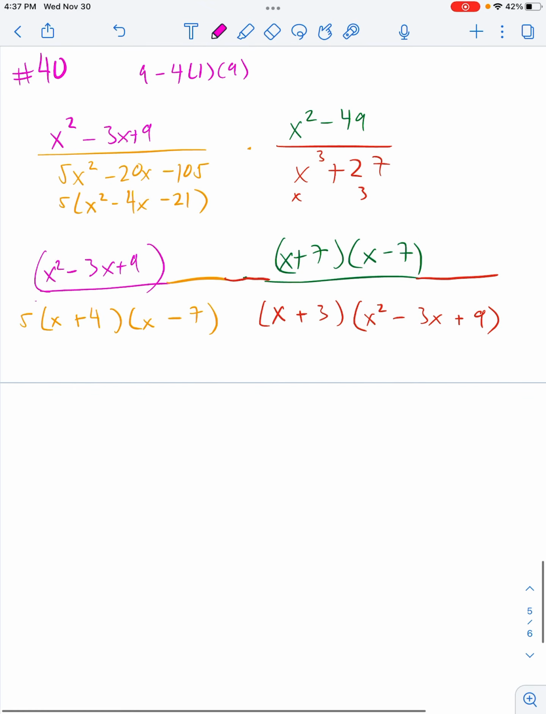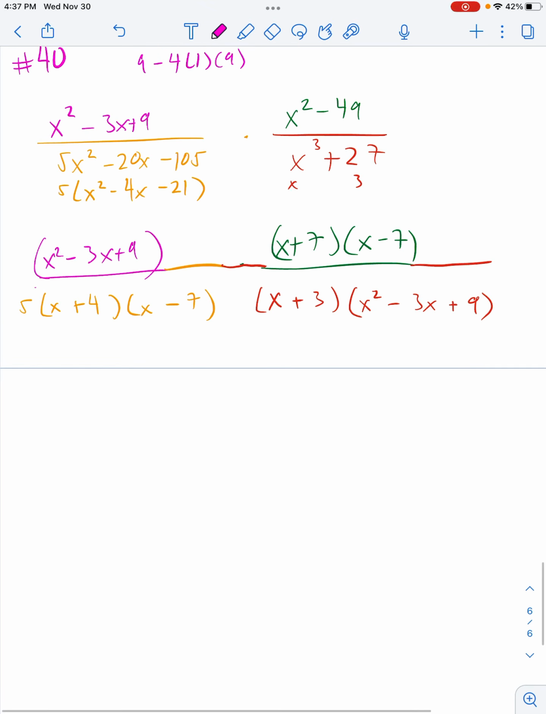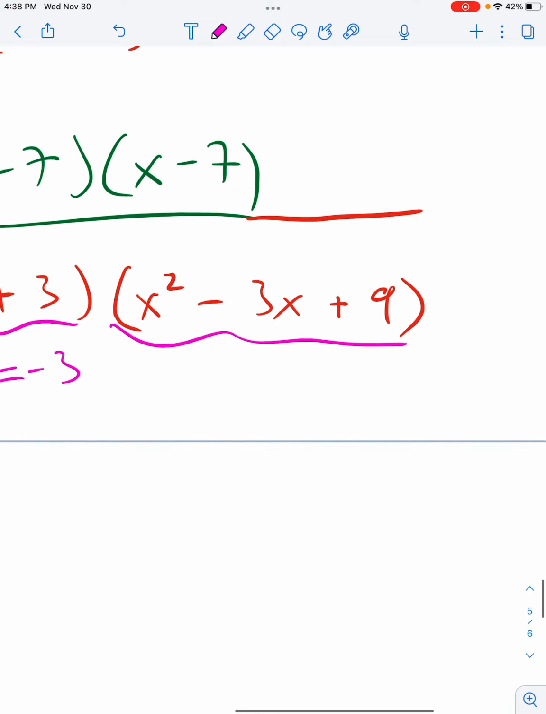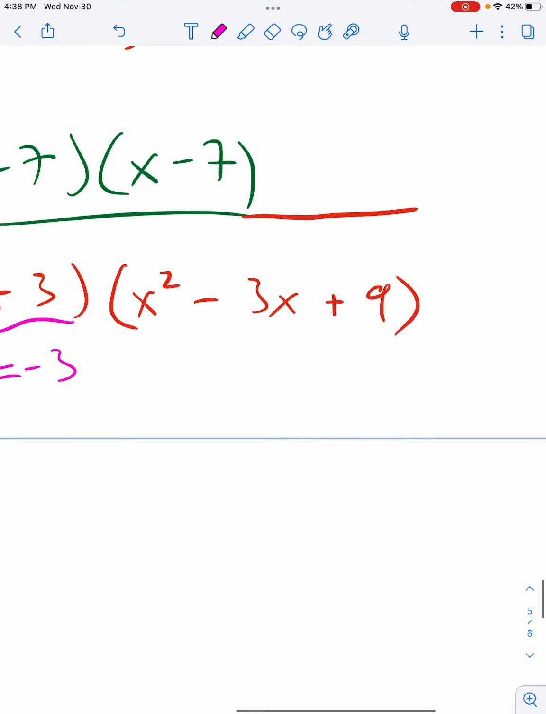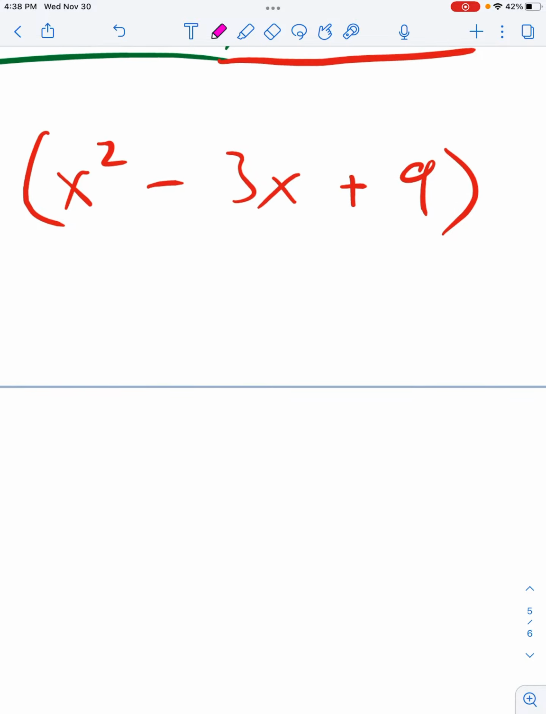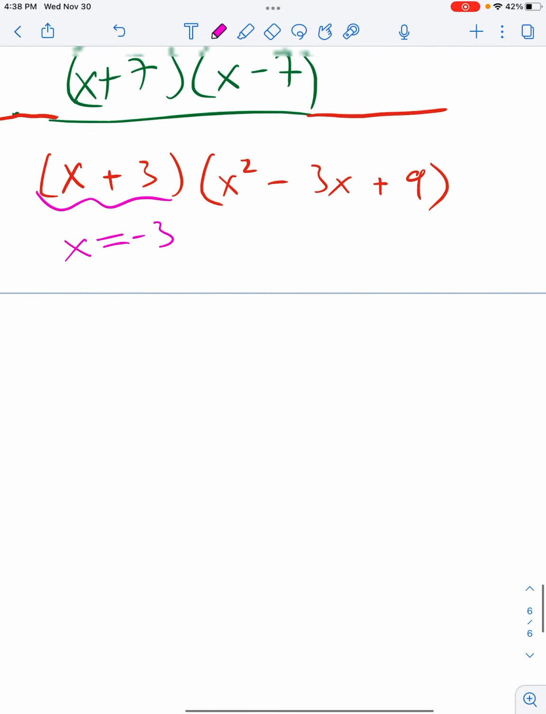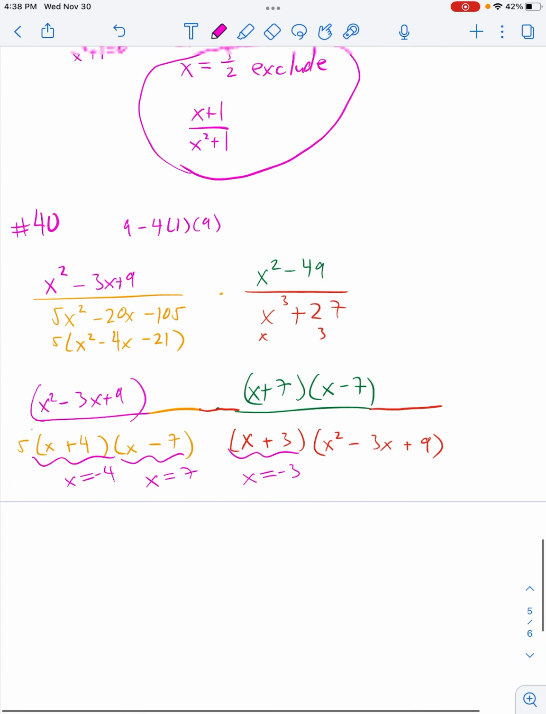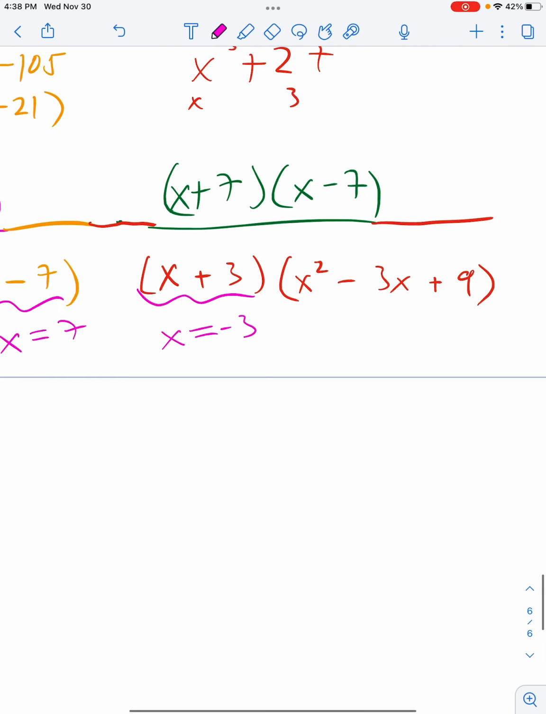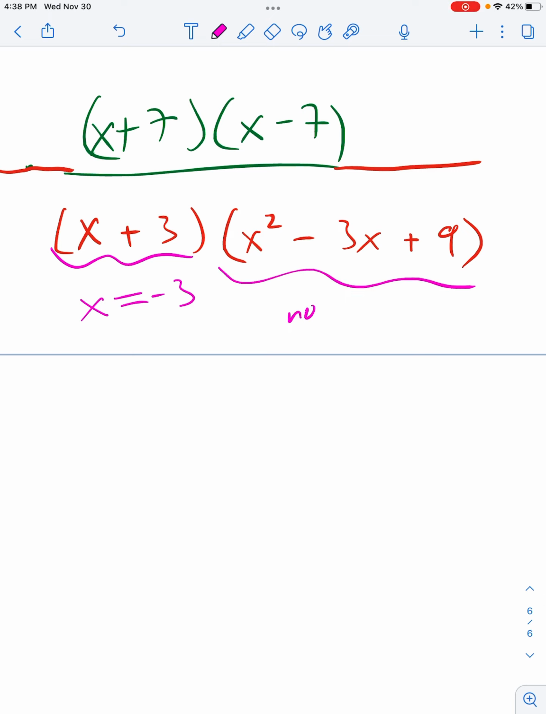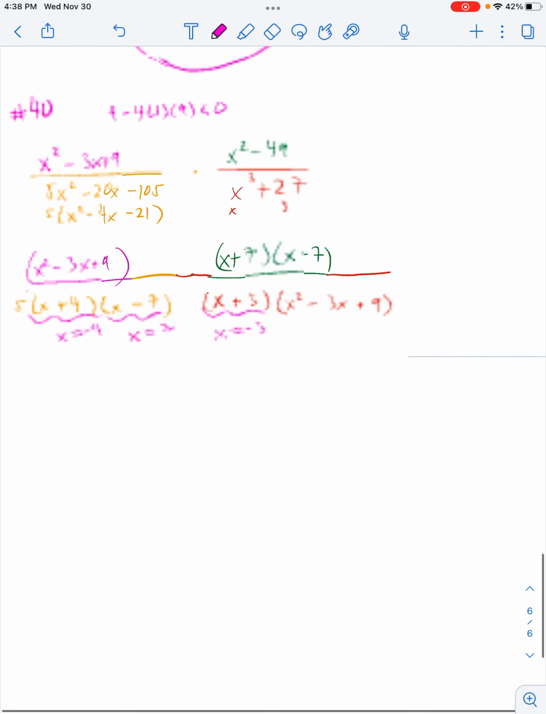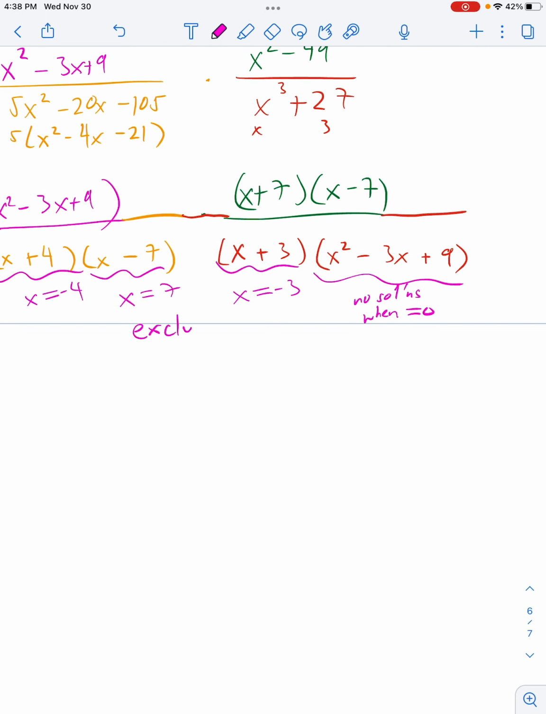Good stuff, okay? So let's see what our excluded values are. So this will give us negative 4, positive 7, negative 3, and then this, okay, so this trinomial here, this is a quadratic trinomial. We'll learn more about this in chapter 8, but when I did the factor check, I got a negative number up here, so what that means is that this has no solutions. This has no solutions when equal to 0, okay? So this won't give us any excluded values. So here are our excluded values,